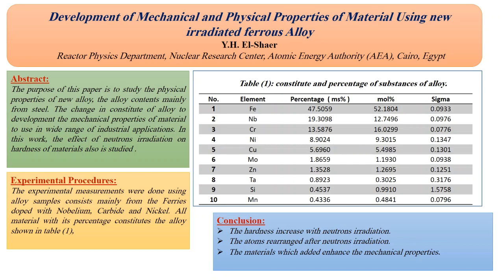Bismillah ar-Rahman ar-Rahim. This article is about the development of mechanical and physical properties of material using a new irradiated ferrous alloy. The abstract: the purpose of this paper is to study the physical properties of a new alloy. The alloy consists mainly of steel. The change in the constituents of the alloy is to develop the mechanical properties of the material for use in a wide range of industrial